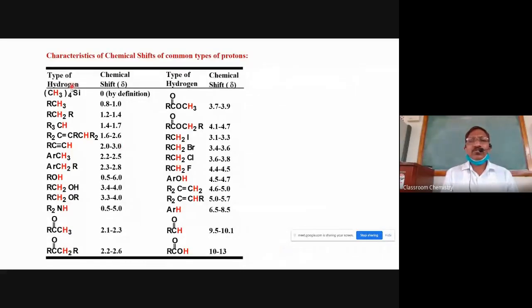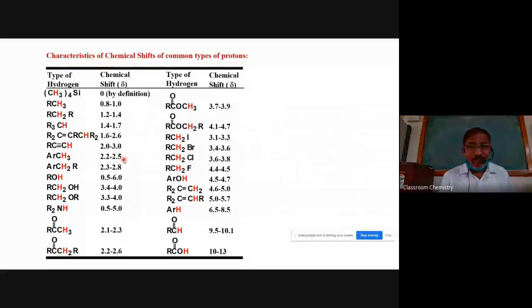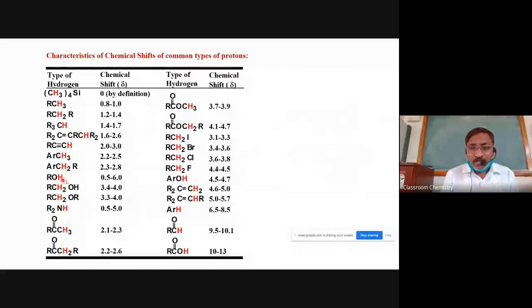So tetramethylsilane is at 0. Then RCH3, that is methane or alkane, simply we can call it, is at 0.8 to 1 delta. When we increase the R group, we can observe the delta value increases a little bit. But when we change from sp3 to sp2, again it goes de-shielded. When a methyl group is attached to aromatic, with respect to 0.8, again this value is de-shielded. Similarly, when a heteroatom is attached, the value changes. For alcohol and NH2, the range is given as 0.5 to 6. Exactly, it is available mostly at 5 to 6, but they have mentioned a wide range because it can vary. Then that goes on for amine,